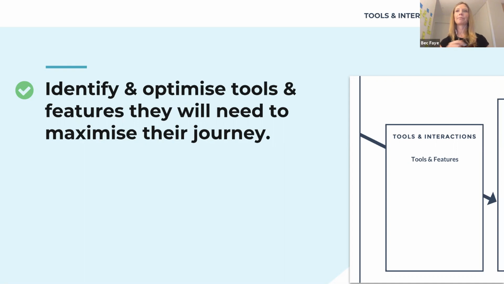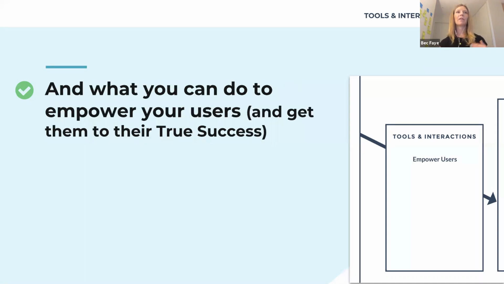From there, it's all about what you can do to empower your users and get them to their true success as quickly as possible. Empowering your users, particularly on your supply side, can be really valuable. For example, you may have passive sellers on your marketplace. It's all well and good having their listing on your website, but if they list their room for rent and then don't do anything with it, they're relying fully on you to do all the marketing and drive all the traffic to their booking, so they have bookings through their listing on your platform.